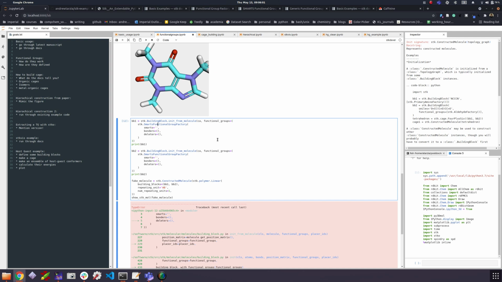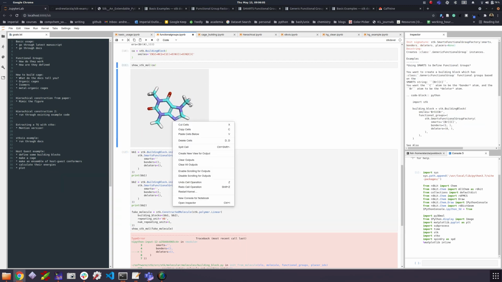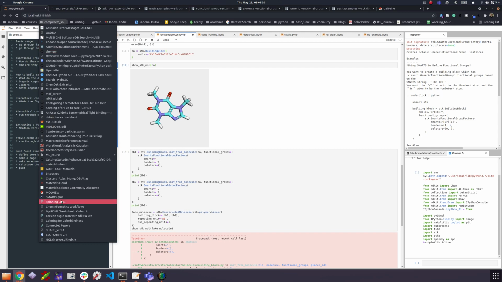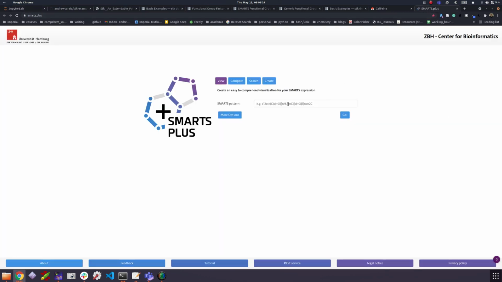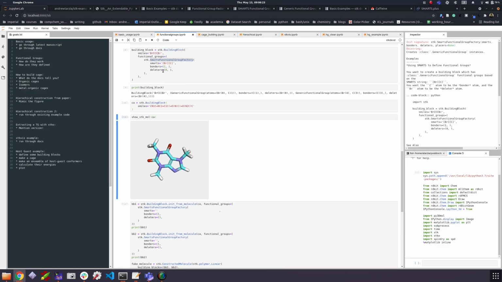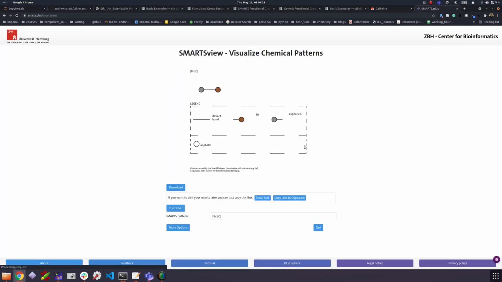So if we want a smarts string, so looking at this molecule, we can find a whole bunch of things. What I found useful for generating smarts strings is smarts.plus. Here we can create, or we can write in a smarts string. So let's, for example, go back here and go to this, copy this in, and it will tell us about what that looks like, or what that's going to search for. Okay, so for caffeine,